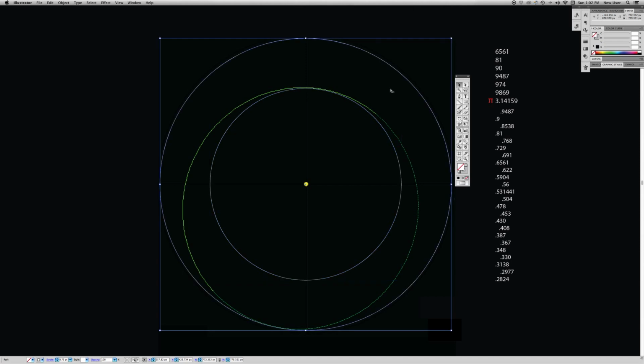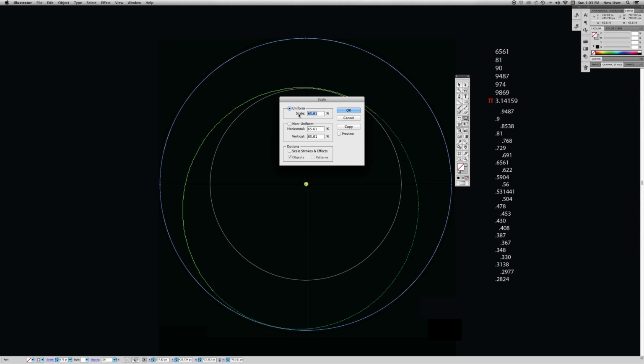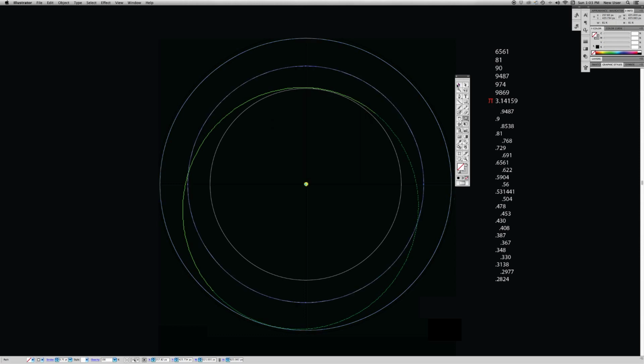And if I drop that outside circle at the square root of 6561, which is 81, so two 81 reductions will equal that 6561, I pick up the minor axis of the orbit, and when I move that